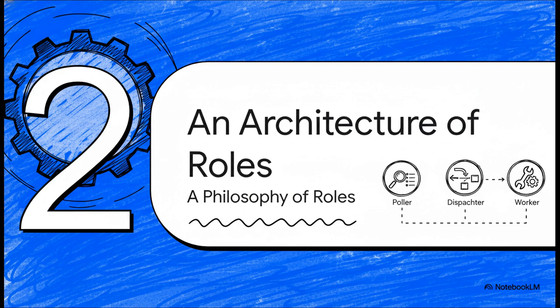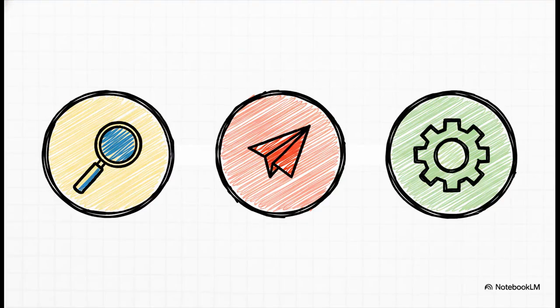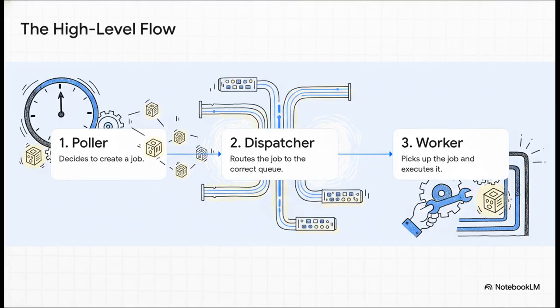Well, the solution is an architecture that's built on a really simple but powerful philosophy, giving every single component one clear role. This right here is the core idea of the entire explainer. There is no magic. There's no secret sauce. It's just a radical, almost obsessive separation of responsibilities. Each part of the system has exactly one job, and it does that one job perfectly, without getting in the way of the others. And when you look at it from a high level, the flow is just beautifully simple.